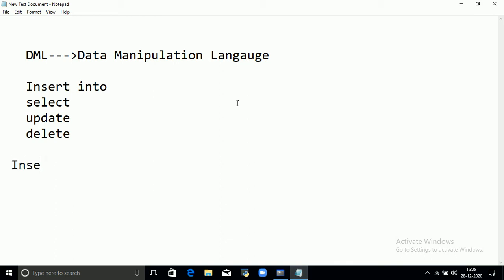First one, insert into command. Before going to discuss about insert into command, I want to create a table. So create table name emp.